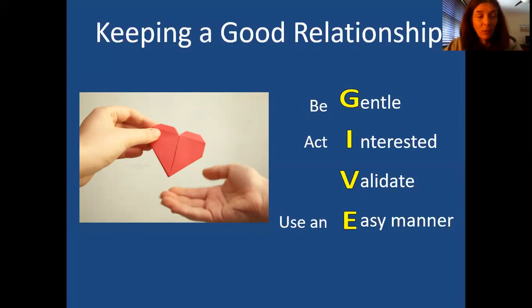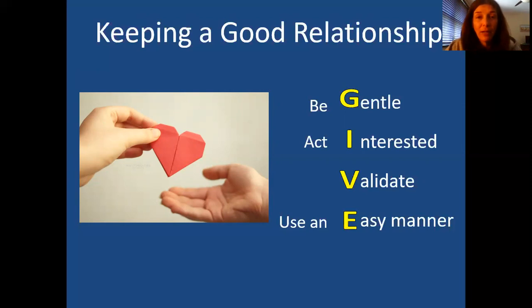So how do we keep a good relationship? One, be gentle. So watch our nonverbals and the way we're coming across, right? So kind of make sure we're keeping a gentle voice tone. We're being kind and sensitive to the other person and the person's needs. We're acting interested. So we're listening to the person when they talk, showing an interest in what they have to say. Even if we're not 100% genuinely interested, because we want to keep a good relationship, it's important to act like we're interested, right? To at least try, okay? Because sometimes we're kind of boring too, and we would want the same respect from the other person, right?